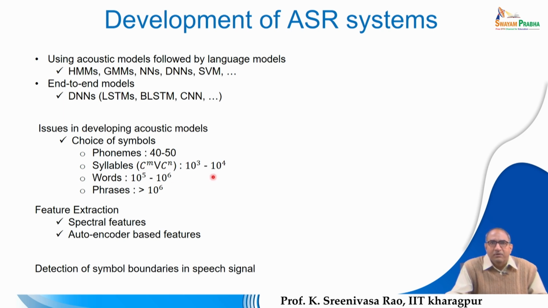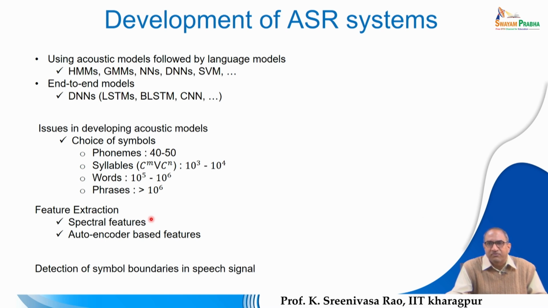So, that way the number of syllables will be on the order of thousands, but here the characteristics are somewhat stable compared to the phonemes. So, depending upon the requirement, we can use either syllables or phonemes as the right units. Then coming to the feature extraction, there are standard ways we have already discussed using linear prediction